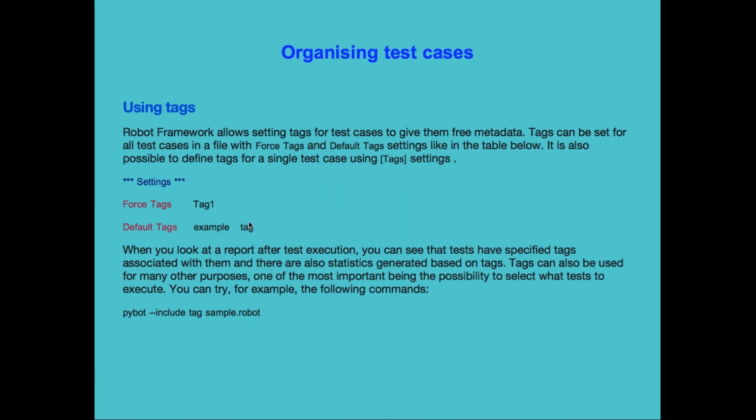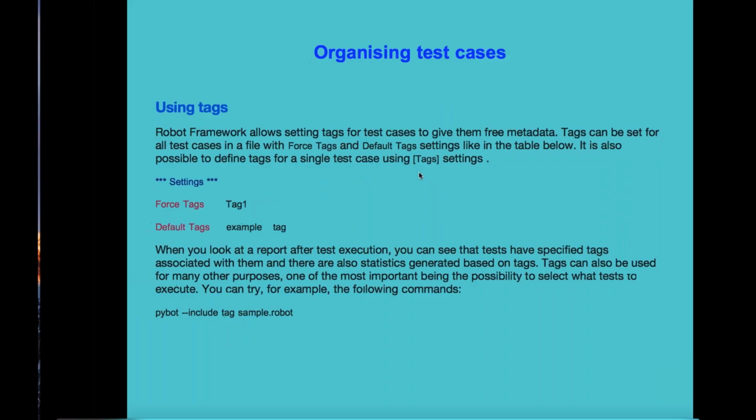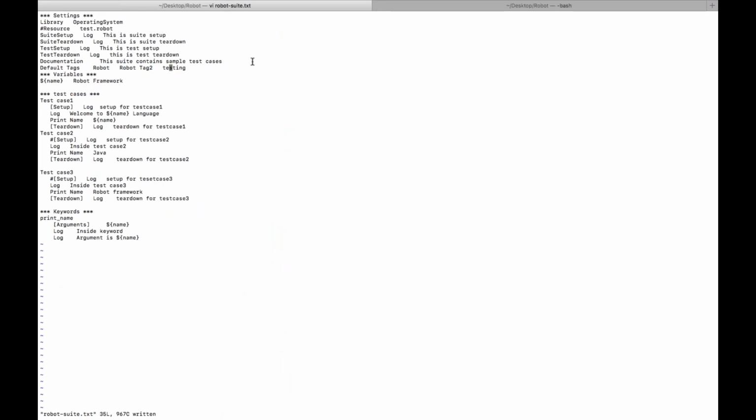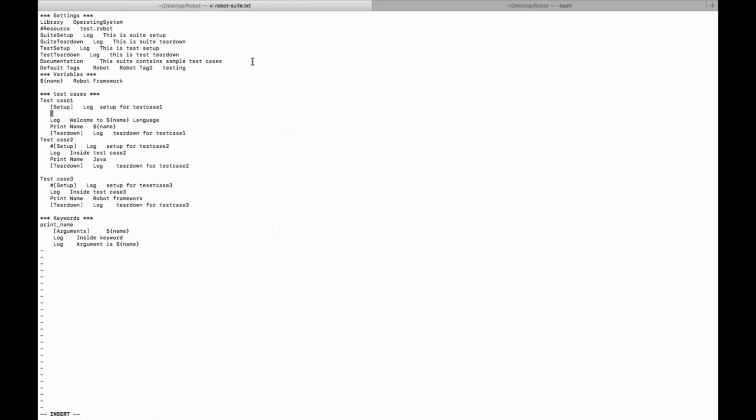If you want to give tags specific to a test case, you can use the tags block: square bracket tags. For test case 1, you can give multiple tags like test 1,